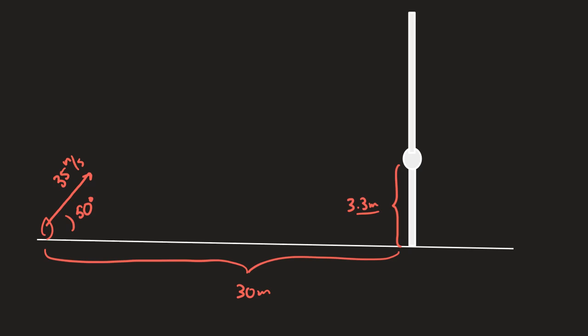There are a variety of ways to solve this problem. Let's see which one you employ. But again, you're kicking a ball 35 meters per second, angle of 50 degrees, 30 meters from the uprights. Do you clear them? If so, by how much? Does everybody understand what the question is? Now, I'm not looking for the answer so much as how you did it. So when I ask, how did you get your answer? I'm going to ask you to explain it to the class. So take a few minutes or take overnight and